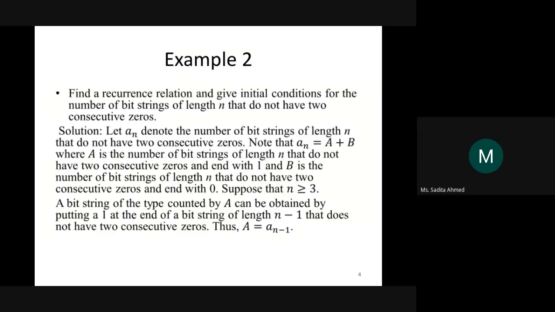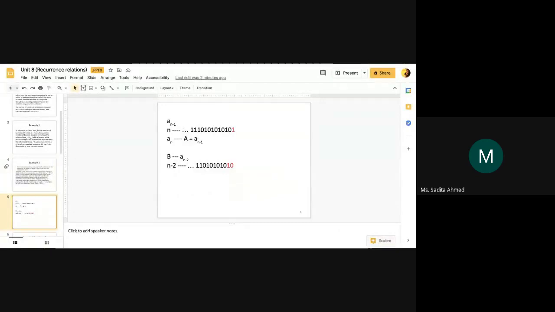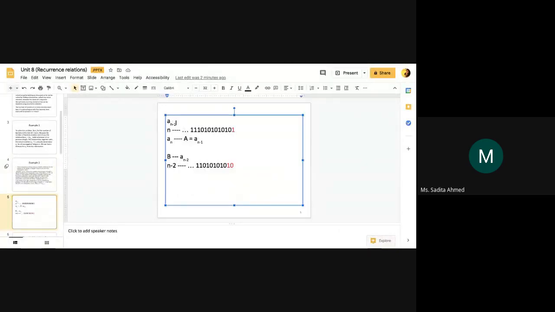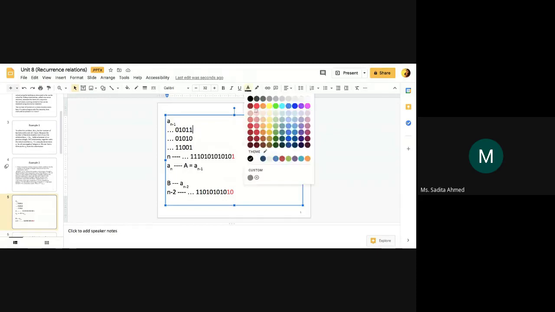We have to change the bit string because we have to change the length. But count কি চেঞ্জ হচ্ছে? Think about a list of bit strings like this one. এই যে এটার মতো একটা লিস্ট অফ বিট স্ট্রিং চিন্তা করো, n-1 এর কাউন্টের মধ্যে যতগুলো বিট স্ট্রিং আছে, so think about the list of those bit strings. Let's say they end with 0, 1, 0, 1, and they end with 1, 1, 1, 0, 0, 1, whatever. এরকম অনেকগুলো bit string আছে, ঠিক আছে? এরকম প্রত্যেকটার সাথে তুমি যদি add a 1 here,